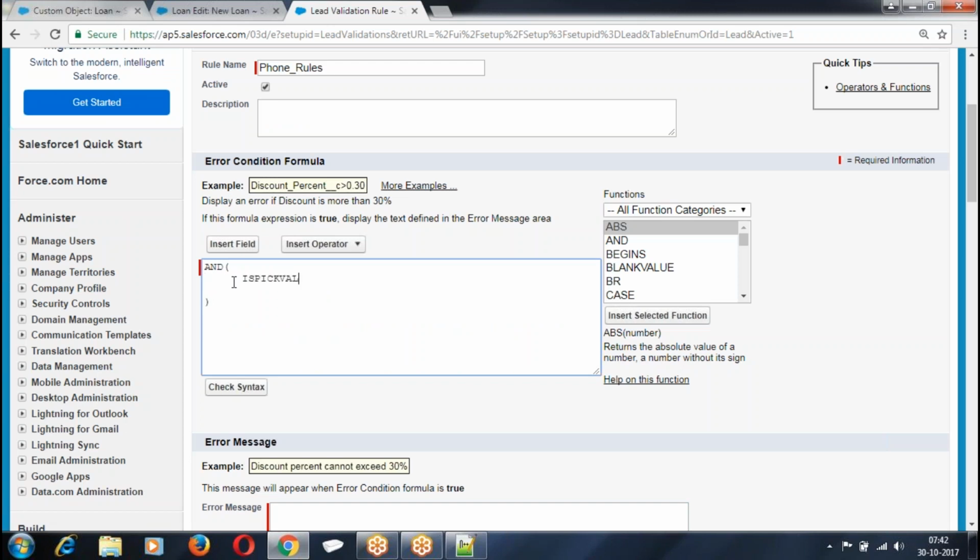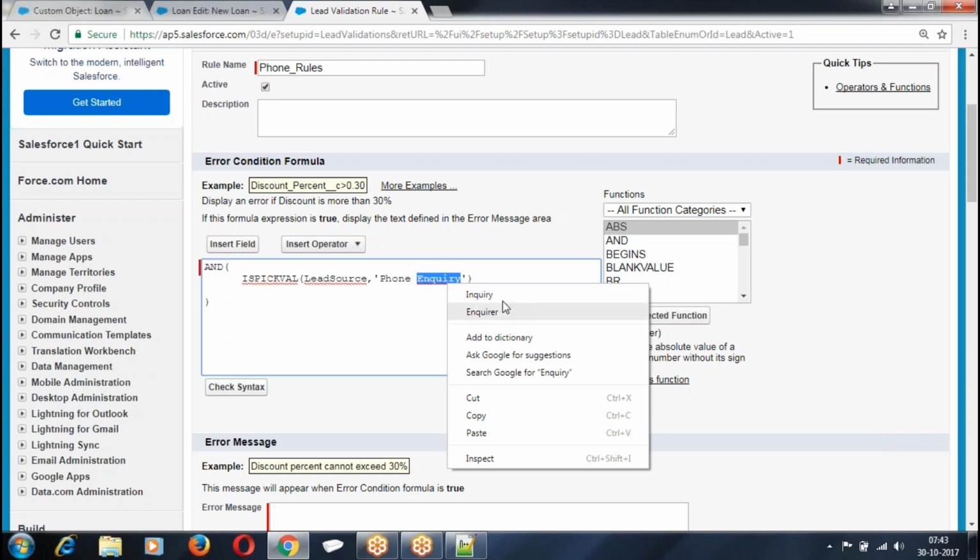Is pick val. Why is pick val? Because lead source is a pick list. Is pick val lead source, phone inquiry.